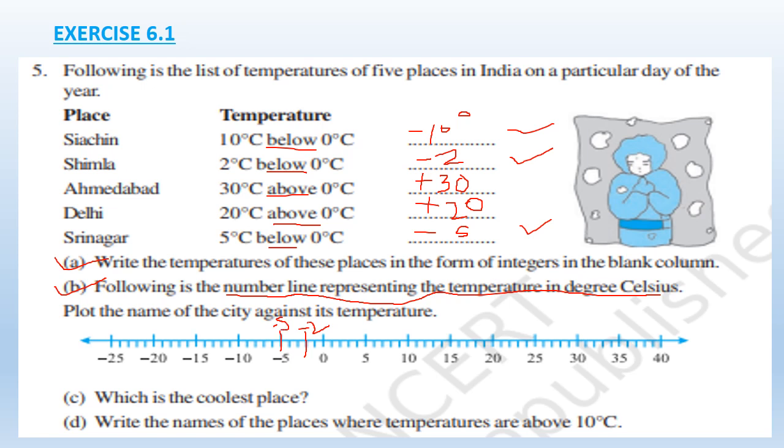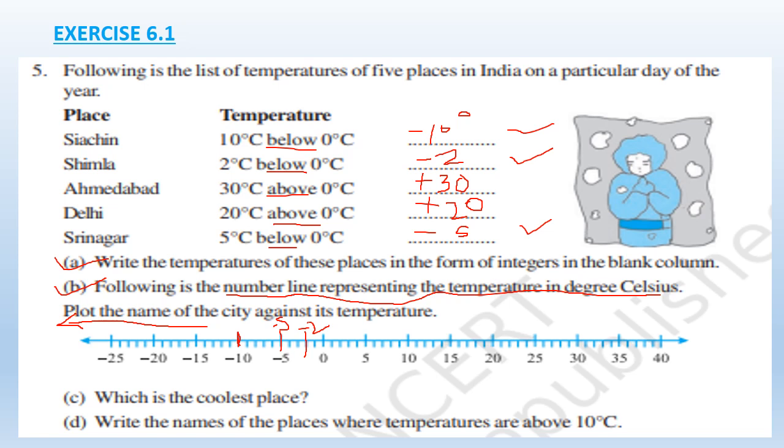Already given. And here is minus 10. Okay, so I told you, we have discussed in the previous part only, as we move to the left of 0, we get a decreasing number. Means here this minus 2 is closer, this is also closer, but this is far away from that. So now minus 10 is the lowest temperature. As its temperature is lowest, then the place is coolest.